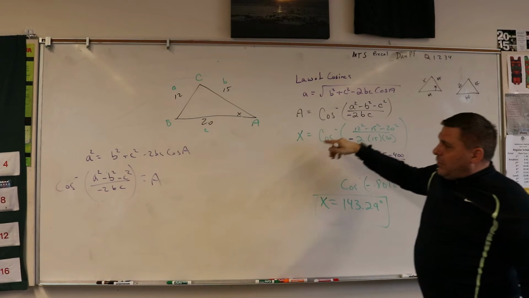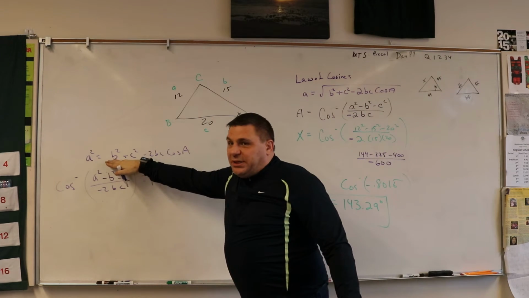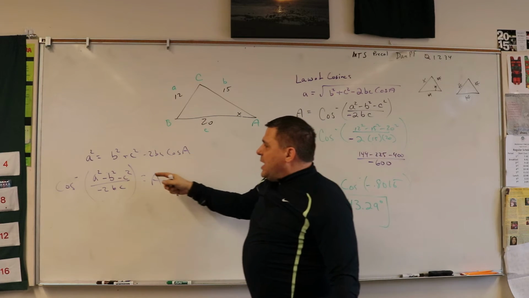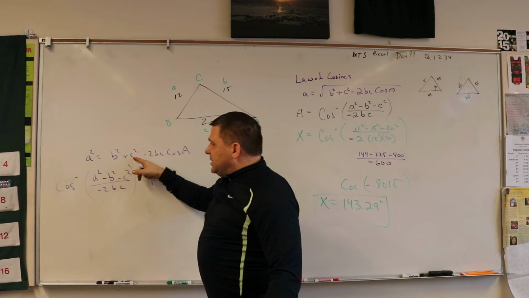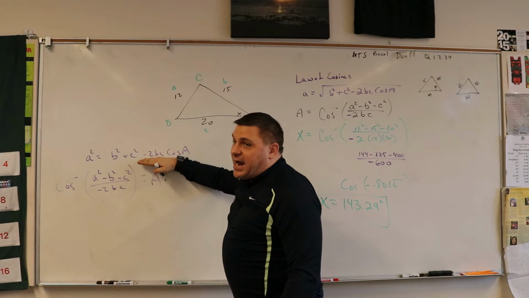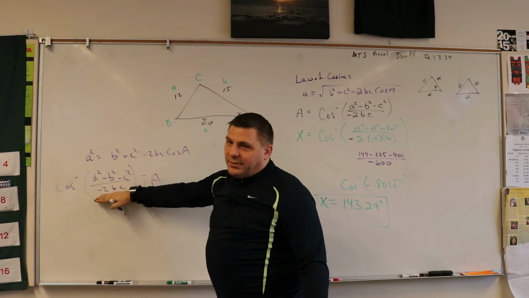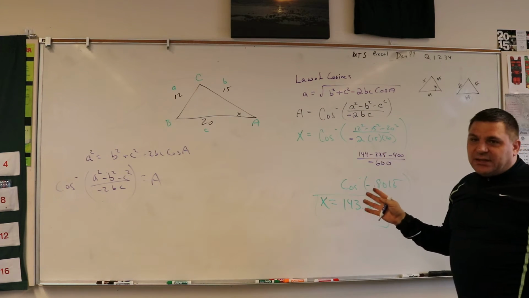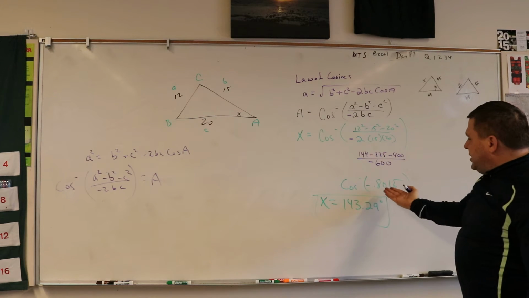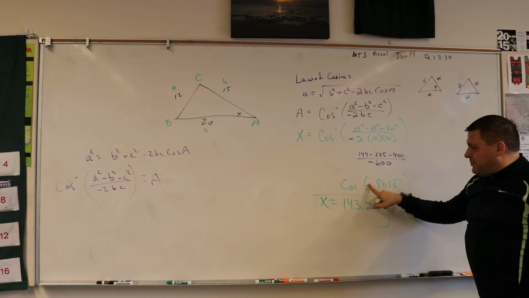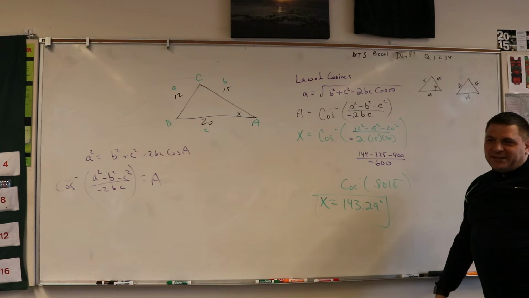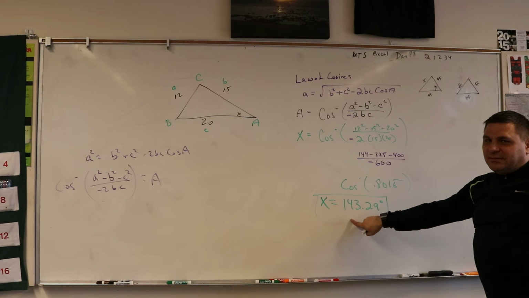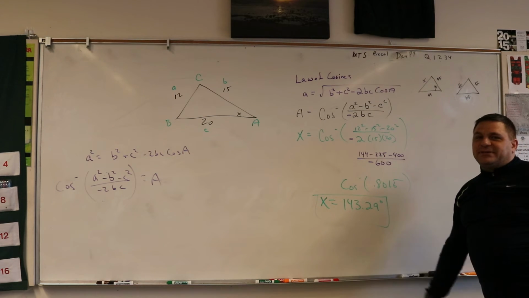So if you notice, A squared equals B squared plus C squared minus 2BC cosine A. I'm going to subtract B squared, I'm going to subtract C squared, I'm going to divide by negative 2BC. I forgot the negative. That's easy to fix. So instead of this being negative, it's going to be positive. Instead of this being 143, how much you want to bet is the inverse of that,